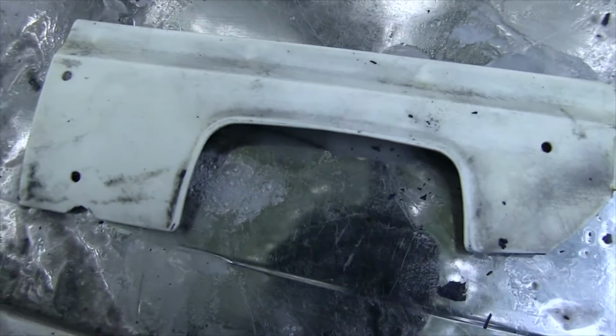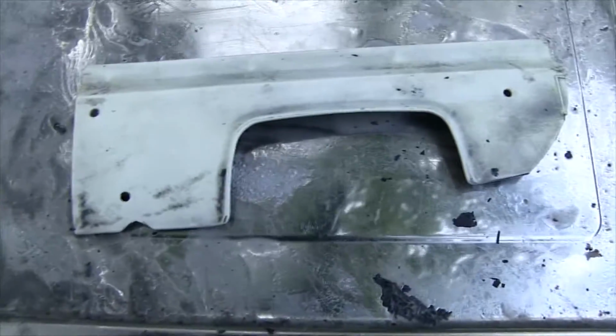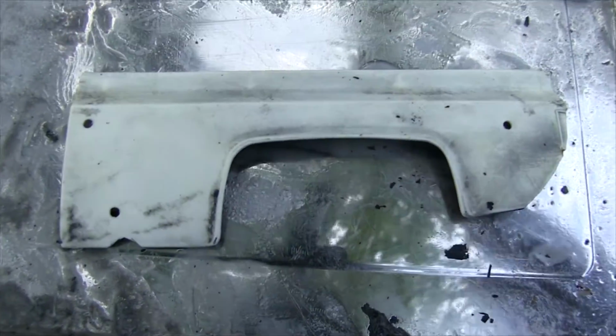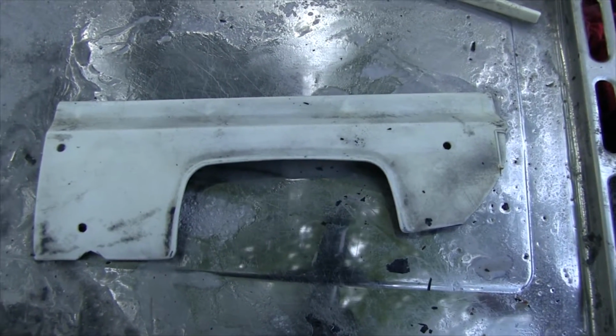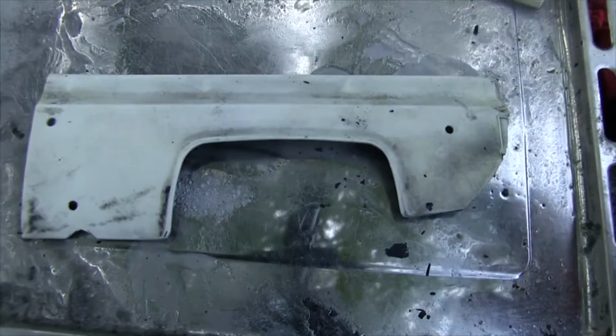So for now, I'm going to conclude this video. I'm going to call this video done. Is this my complete finished product? No, I will hit it with the Scotch-Brite pad, clean all that up before it gets primed and painted again in the near future. I just thought I would make a tutorial to show you all how to remove paint